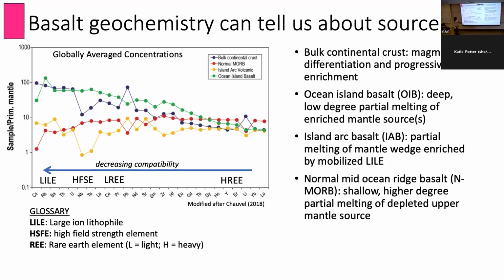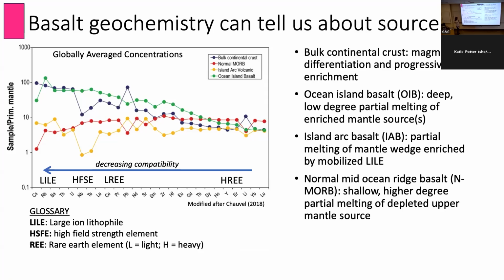So starting with the bulk continental crust, it's blue in here. We see some spikes and troughs that represent enrichment and depletion in various trace elements. What those represent are enrichment in incompatible elements. So these elements over here, which reflect kind of continuous enrichment of the continental crust due to magma differentiation, fractional crystallization, and sort of fluids coming up, bringing all those large ion lithophiles with them and sort of fertilizing the